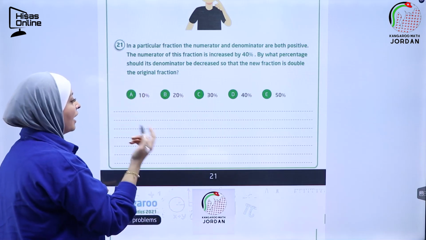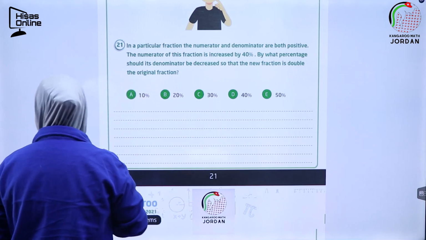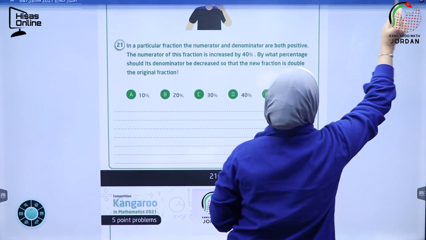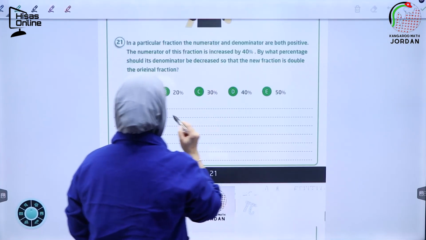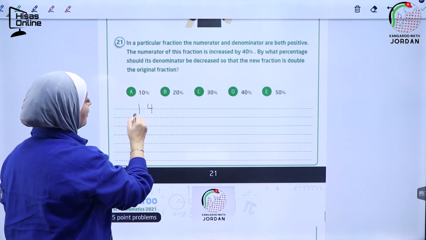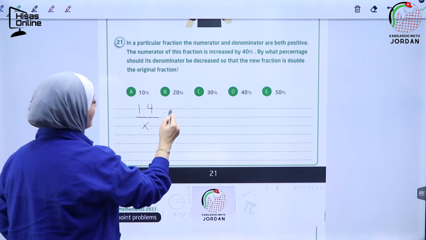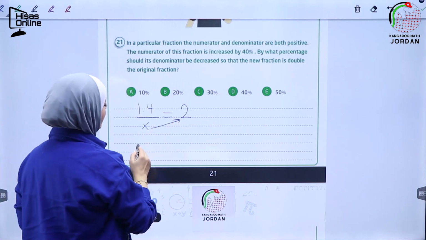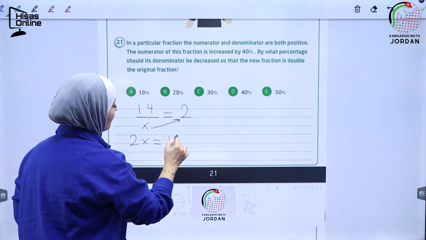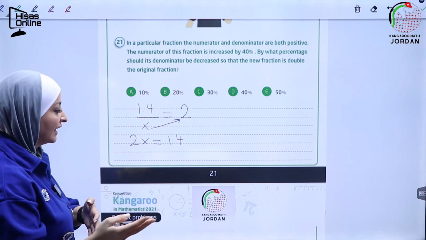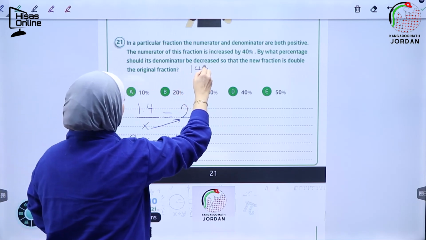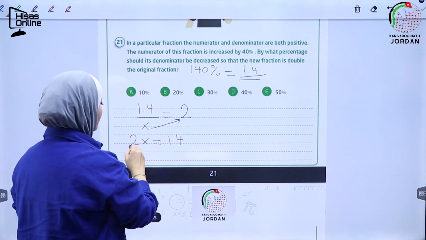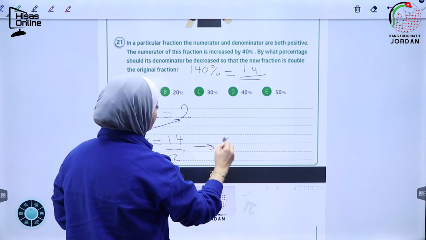Okay, so my new fraction is going to be double the original fraction. So we said that 1.4 over the denominator, which I don't know, equals double of it, right? Okay, let's do a cross multiplication that makes 2x equals 1.4. You know that 1.4 is 100 plus 40, which is 140%, which equals 1.4 as a decimal. Okay, divided by 2, x equals